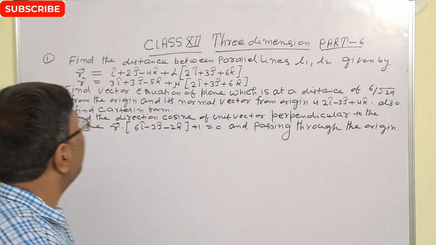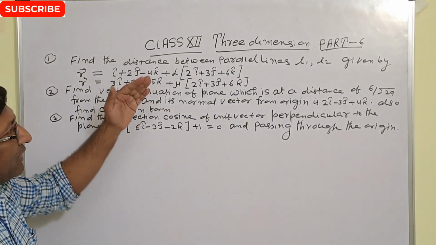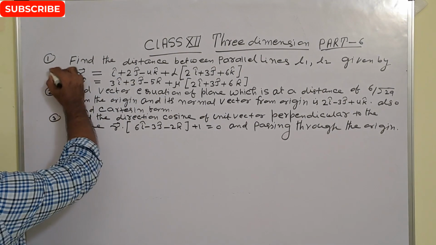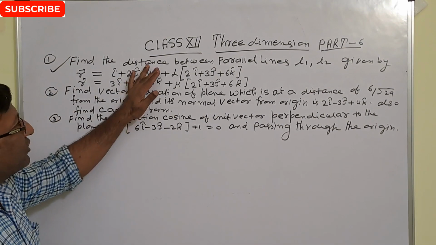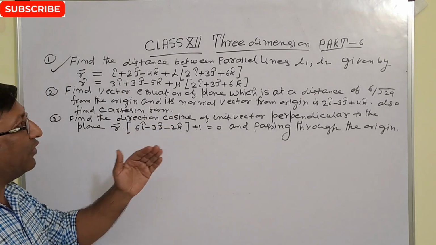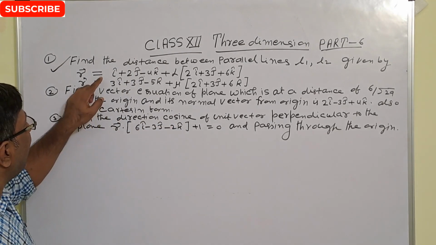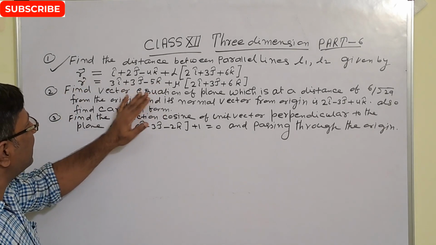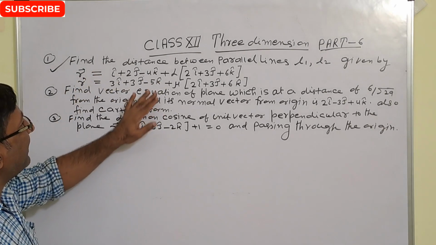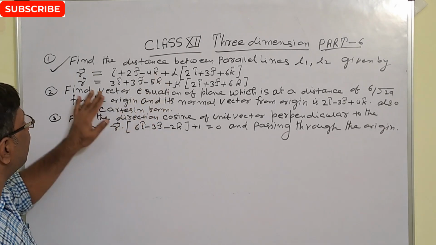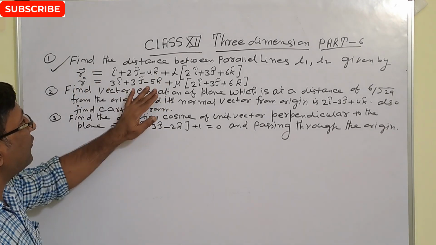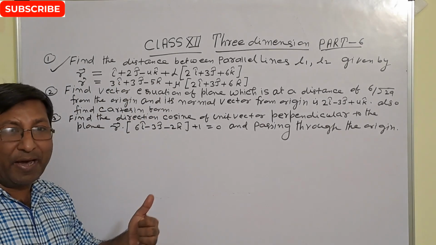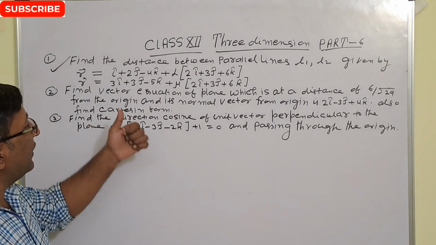Important question. This is our first question in Class 12 Three Dimension Part 6: find the distance between parallel lines L1 and L2 given by r vector equal to this and r vector equal to that. Means the first equation of line L1 is given this and the second equation of line L2 is given this. We have to find the distance between two parallel lines. So you know the equation of